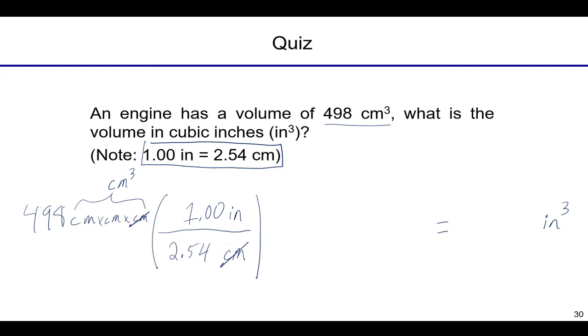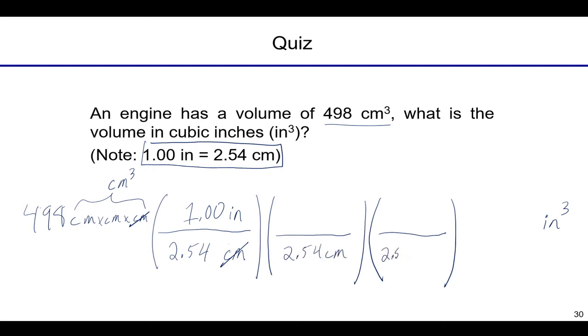So this necessitates that, well, you probably are going to need more unit factors here. And you're going to end up needing 3 unit factors to cancel out each of the 3 centimeters. So I'm just going to pay attention to the units, and I'm going to put 3 centimeters down here so that I can cancel each of these centimeters. And the numerator of each, well, I have to look at my unit factor that relates centimeters to something. And so the numerator is going to be 1.00 inches.